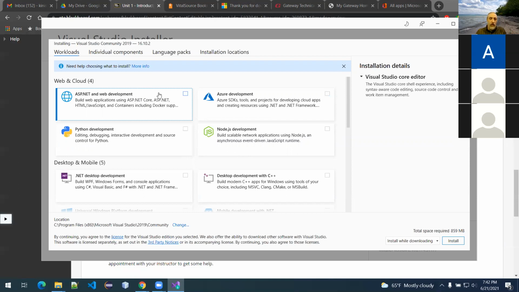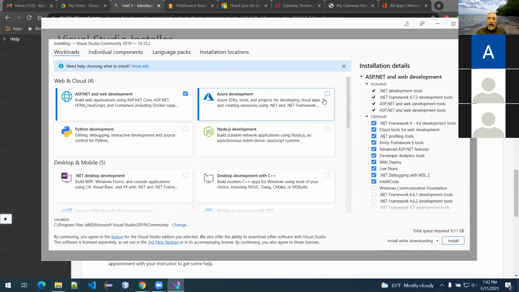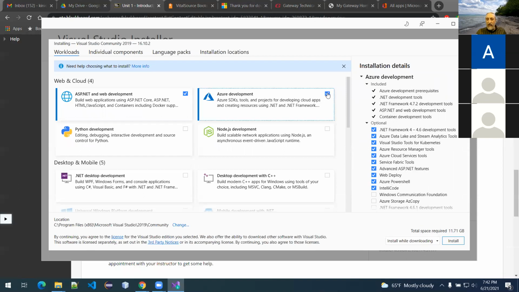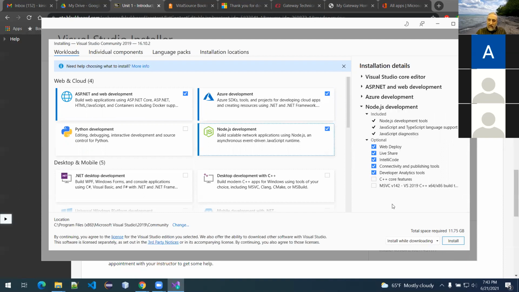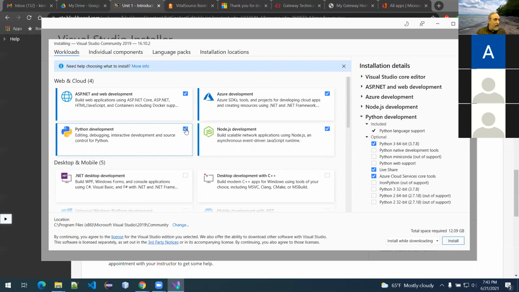All right, so let's start choosing some of the tools. The first thing we're going to do is grab the ASP.NET and web development option. I also suggested, and that's all the way up to 9 gig already. We're going to throw in the Azure stuff, adds a couple more gig, not too bad. We're going to throw in Node.js. That barely scratched anything here. I'm also going to throw in the Python tools, and I'm just watching. Didn't add much. The reason it didn't add much is that all the Python libraries are already on my hard drive, so it doesn't have to download those. It just downloaded the tools it needs within